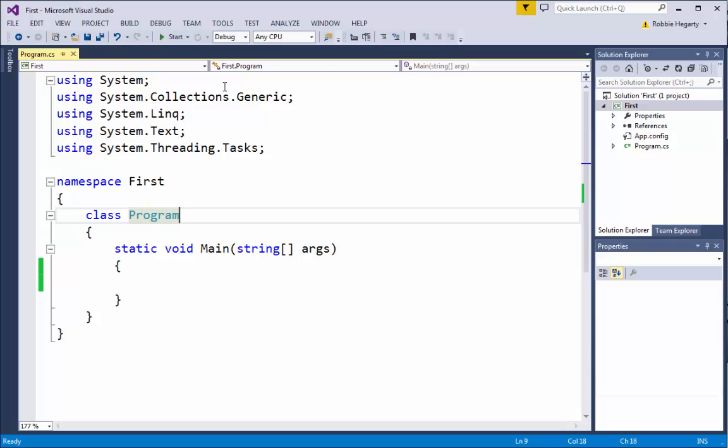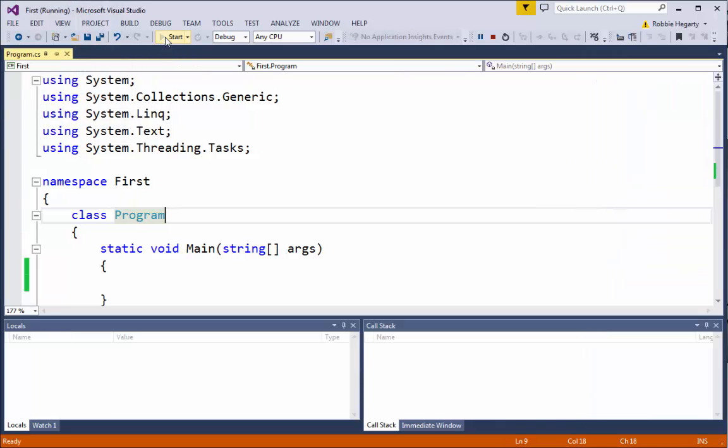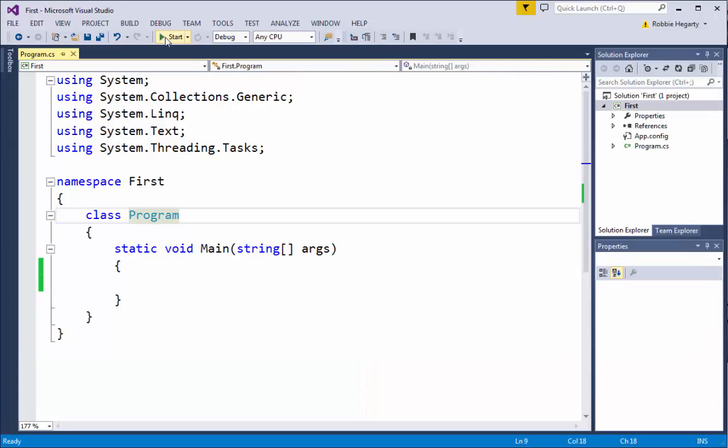Now, at this stage it looks like nothing happened, but if I run it again, you may have quickly seen a window flashing up there and going away again. So the program ran, there was no instructions, so it closed again. So in order to get that to a stage where we can actually see something, I'm going to put on